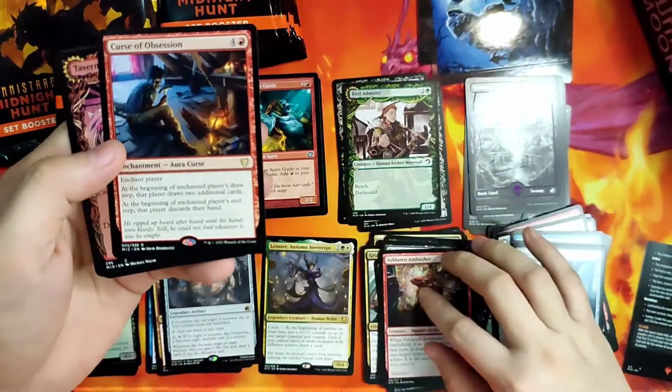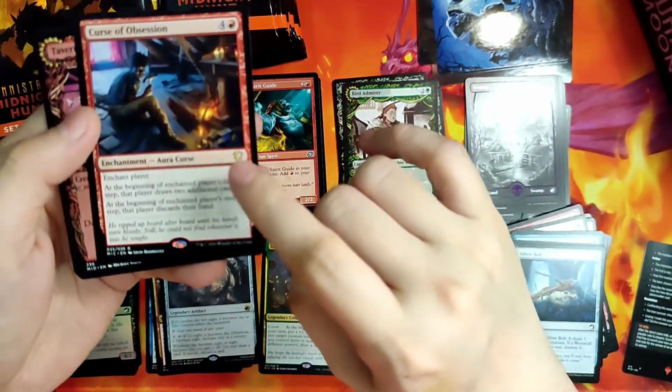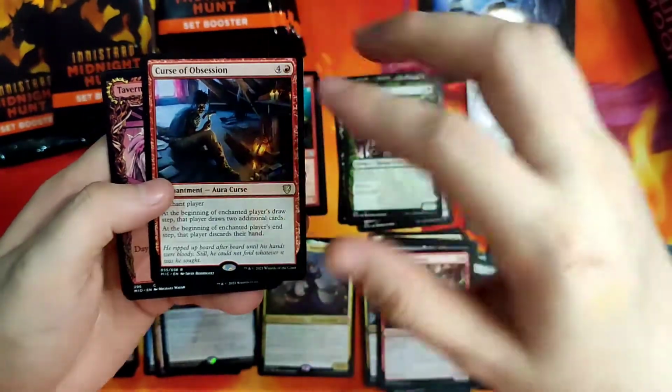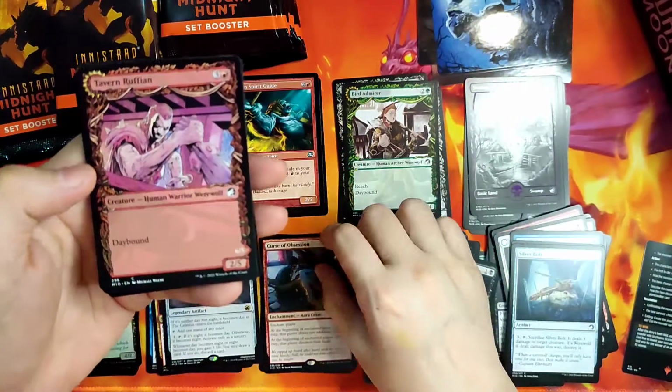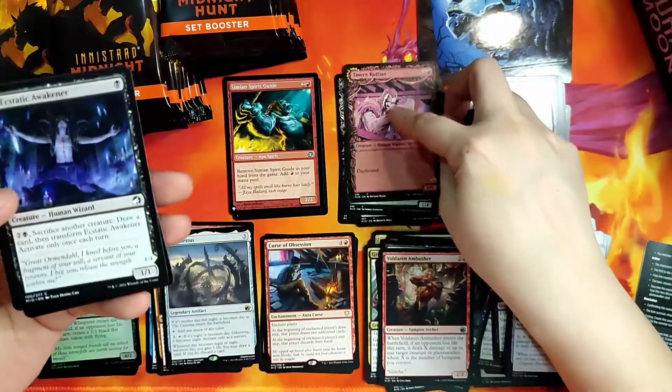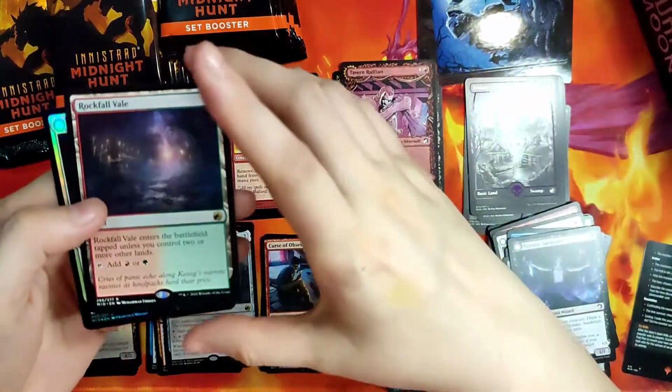So we get our second card that's from the Commander set. This is Curse Obsession. So one thing that they did bring back for this set is the curses. Tavern Ruffian with the showcase frame, Exotic Awakener, and one of the